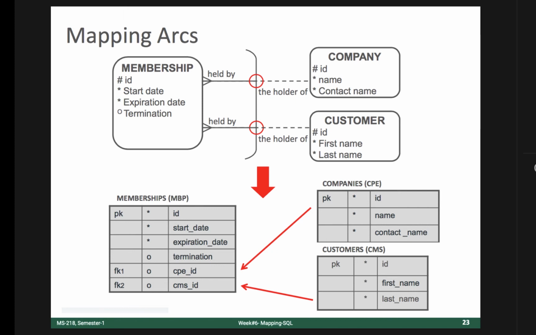Remember, if we make this sort of thing mandatory, then it means that we are putting some constraint in the DBMS. And later on, if we are making a GUI so that people can add data, and if that data violates the constraint, then obviously the DBMS will throw an error. It will not add the data. Okay. So that's why we are making this optional, right? Because when we would be entering someone's membership, then only one piece of data would be coming, either from the company side or from the customer side. This is exclusive or for arcs.